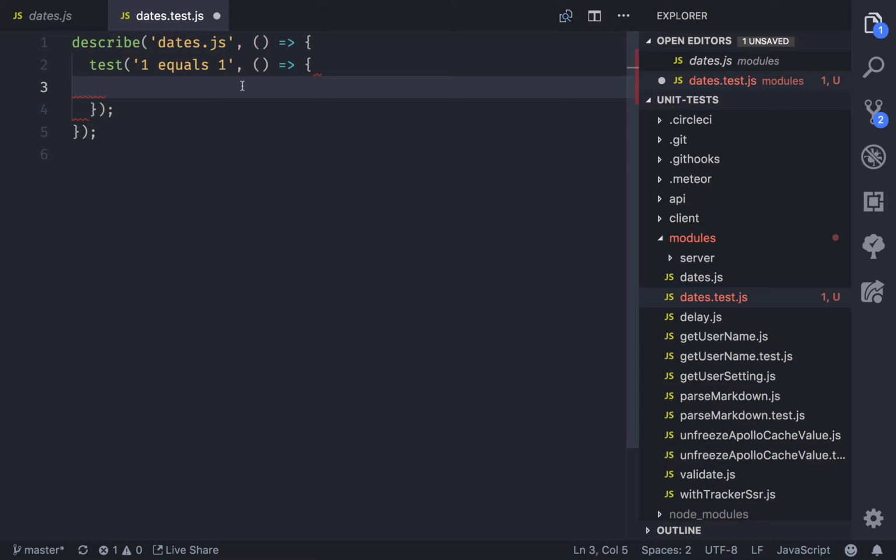In our case, when we're testing dates, we want to verify that given some random date string, does the function that we import from dates.js actually format the date in the way that we want? Before we get into that, we're just going to write a simple test